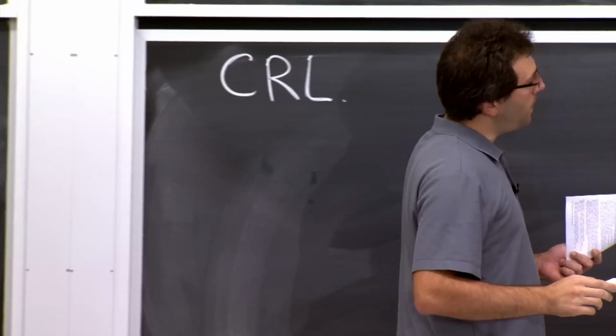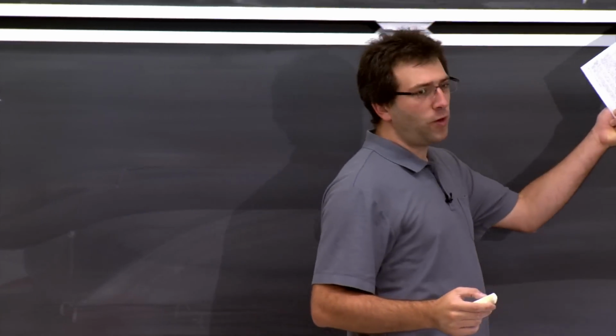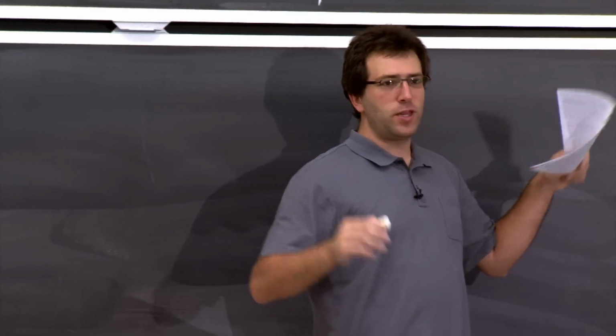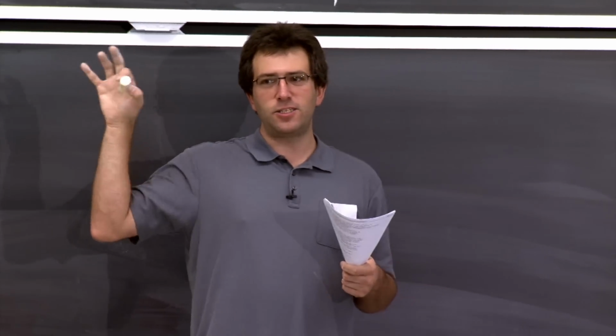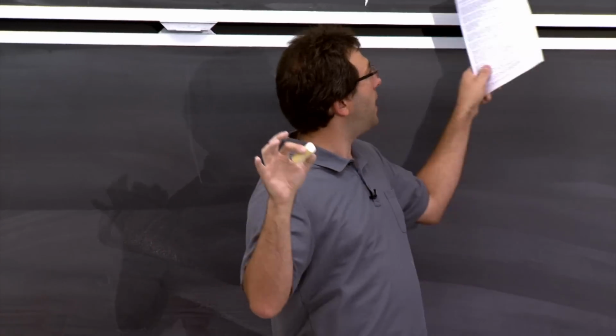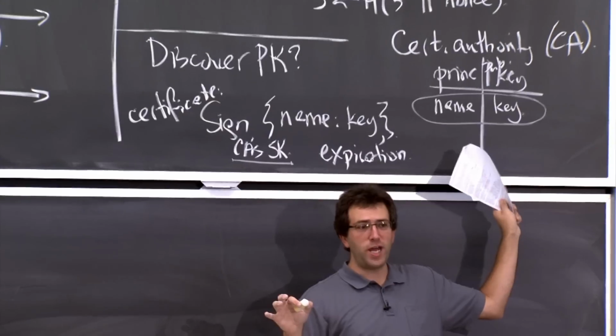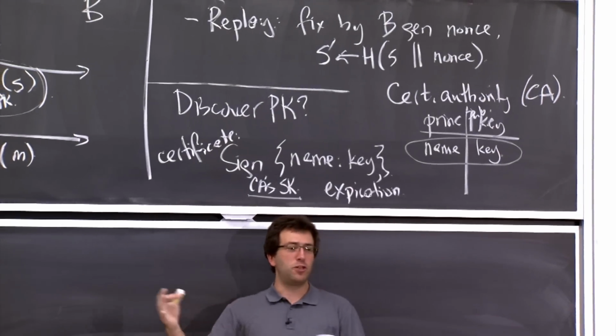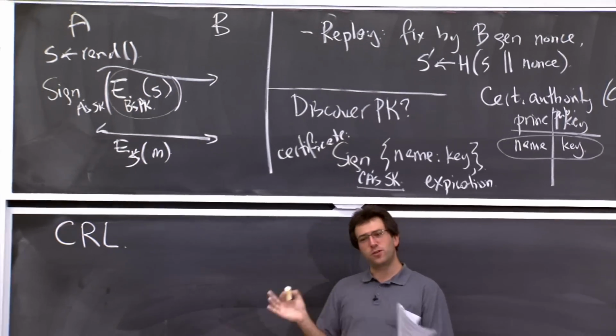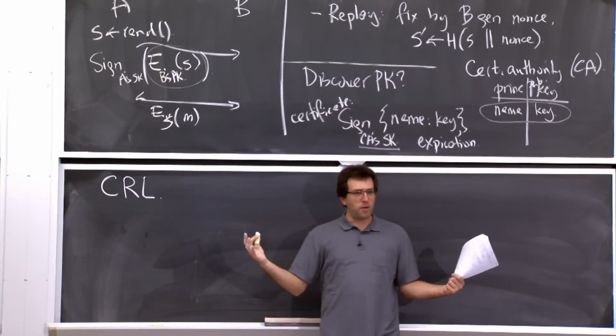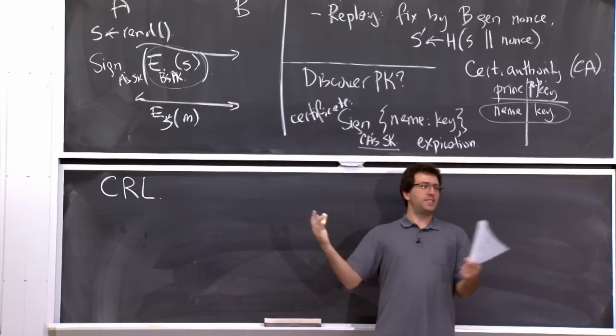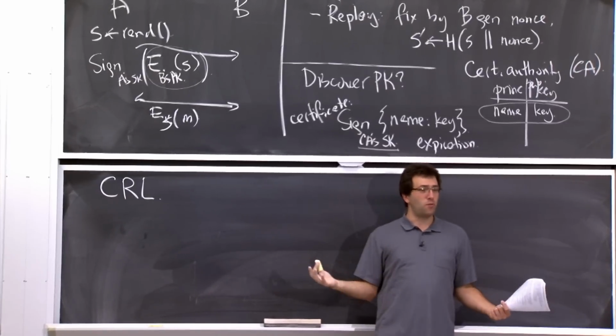The way this works is that every certificate authority issues these certificates, but on the side, it maintains a list of mistakes, like things that it realized it screwed up and issued a certificate under the wrong name, or customers come to them and say, hey, you issued me a certificate, everything was going great, but then someone got root on my machine and stole the private key.